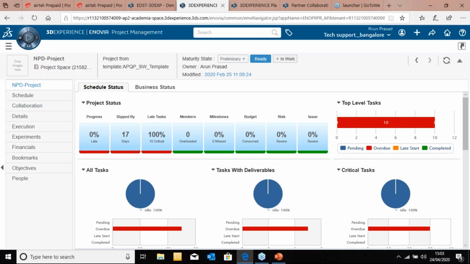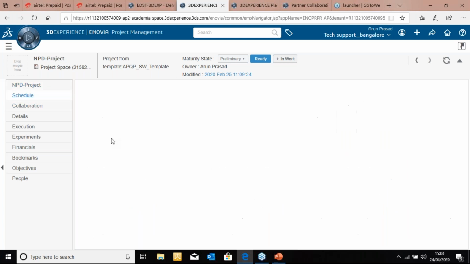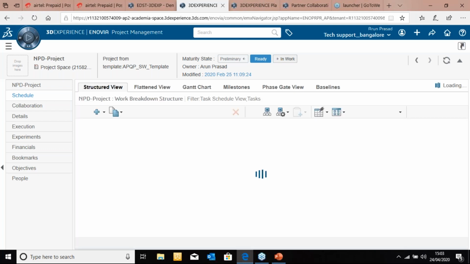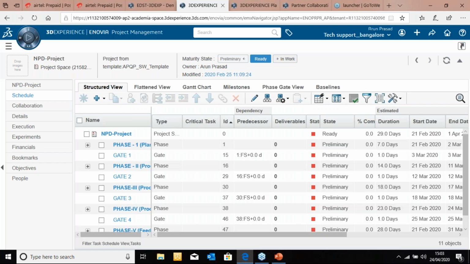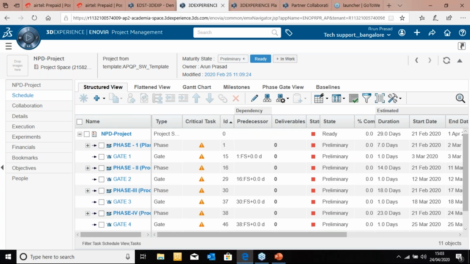So I can have access to each and every piece of information of this project. What are the work breakdown structures available as part of this project? What are the tasks being assigned to the relevant resources? I have access to all the tasks, activities, and the resources allocated to this particular project, also with the duration, the number of days for each task. As you see on the screen, I have access to each and every related piece of information.